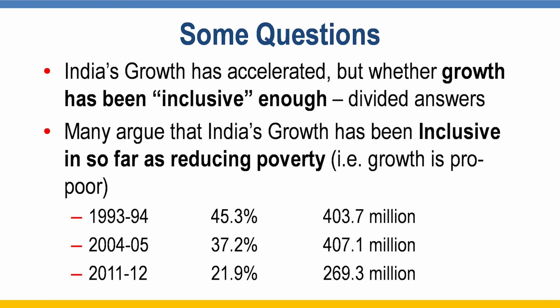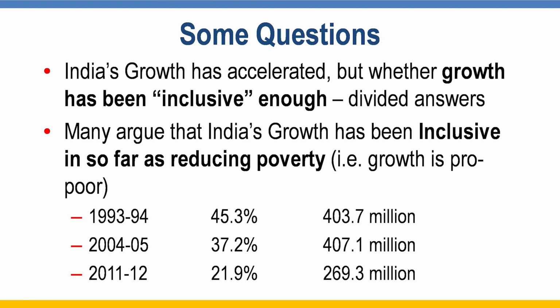And most importantly, in absolute numbers, the number of poor has also declined. It is not only the percentage headcount, but also the absolute number of poor which has gone down from 400 million poor to 269 million. So there is an absolute decline in the number of poor, not only in the headcount ratio. Therefore, this means that there is some positive impact on poverty, and this can be attributed to high growth.